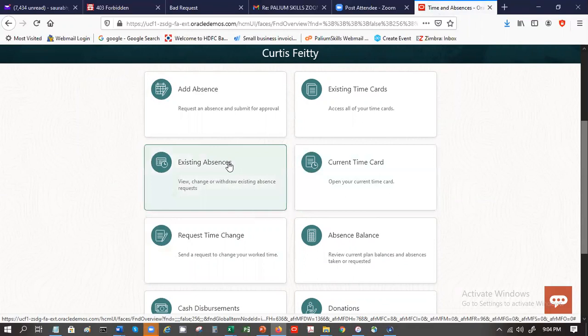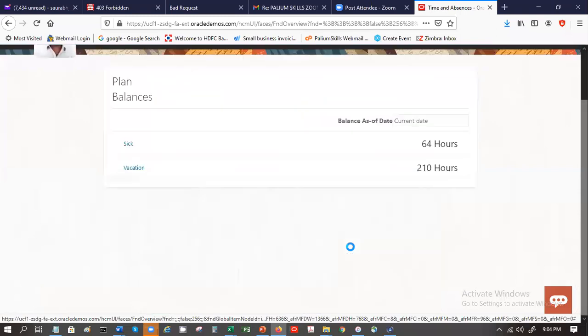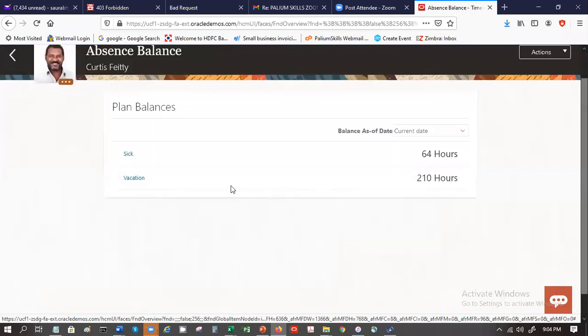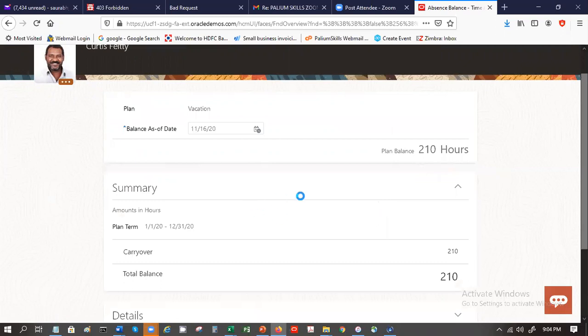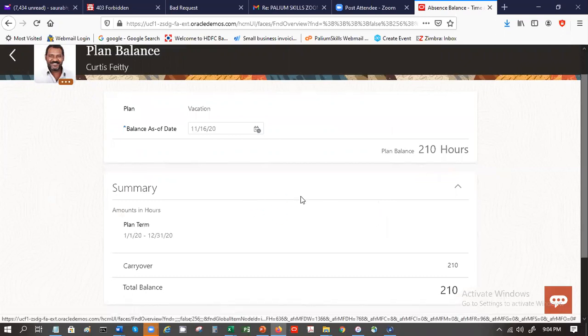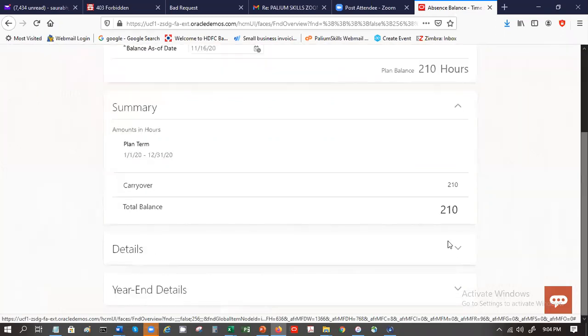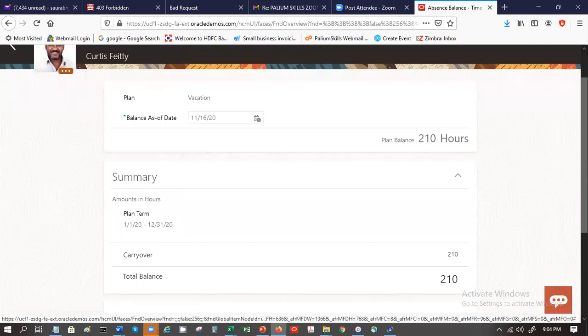So let's say I want to see absence balance. So this is the balance that the person has for each particular type of leave. So whether it is sick or vacation, if you click on vacation, you get to see the unit, whether it is tracked in days or in hours or how it is done. And what are the details, year end and stuff like that. So there's no end to how much information can be provided.